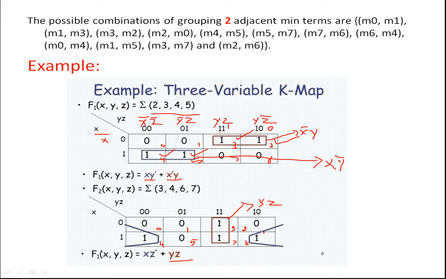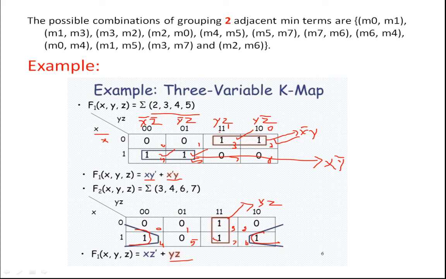Now here you can see there is a 1 present in this cell and there is a 1 present in this cell. As this cell has an adjacent one here, we will not group these two ones. If there was no one present here, we could have grouped this. Okay, so there is 6 and 4. If we overlap, then 6 and 4 will be adjacent to each other.